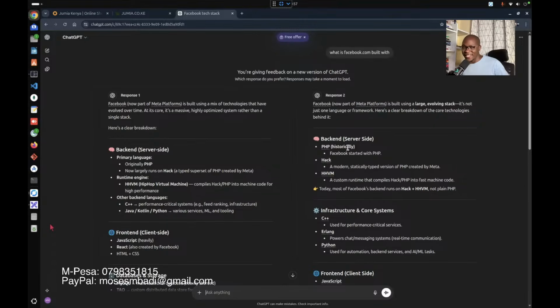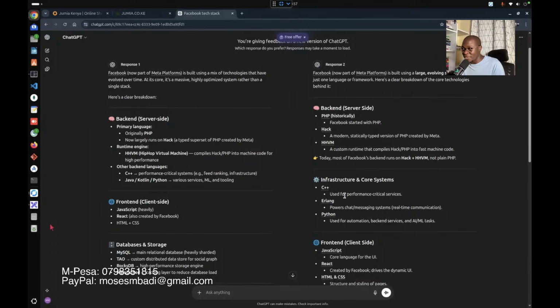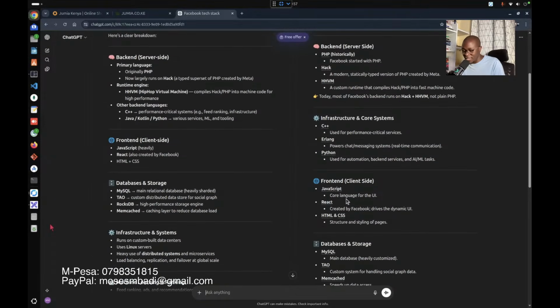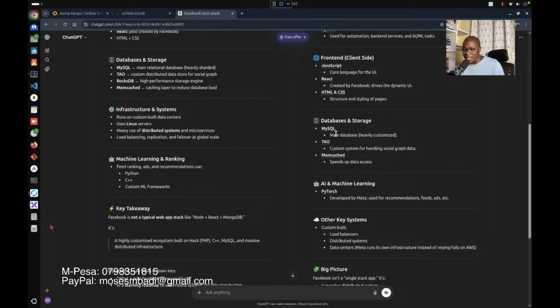Yeah. So we can see Facebook is using PHP. So why would somebody tell you not to learn PHP? Doesn't make any sense. And then they have their infrastructure running with C++, Erlang, Python. Their front end is mostly JavaScript, React. They are using MySQL for their database, Memcached for caching.